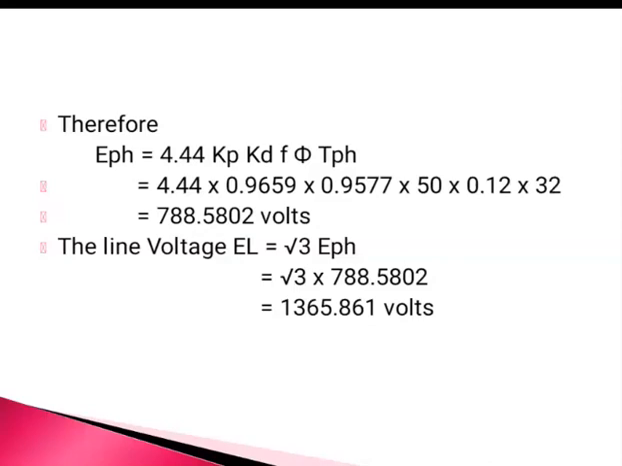So here, if Kp and Kd are given, no problem at all. Just find out the number of conductors Z. Then by using that, you calculate T and find out the EMF which is generated. Otherwise, if Kp and Kd are not given, you need to calculate Kp and Kd. If it is a full pitch winding, Kp can be taken directly as equal to 1. Otherwise, you need to